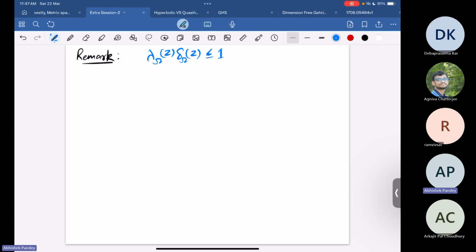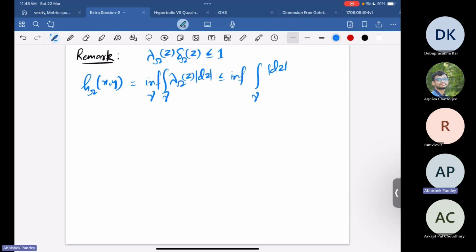So it means that this hyperbolic metric, which is nothing but infimum over gamma of lambda omega z mod dz, this integral is over gamma, is less than or equal to infimum over gamma of mod dz upon delta omega z, and this is nothing but the quasi-hyperbolic metric. So we have the one side comparison